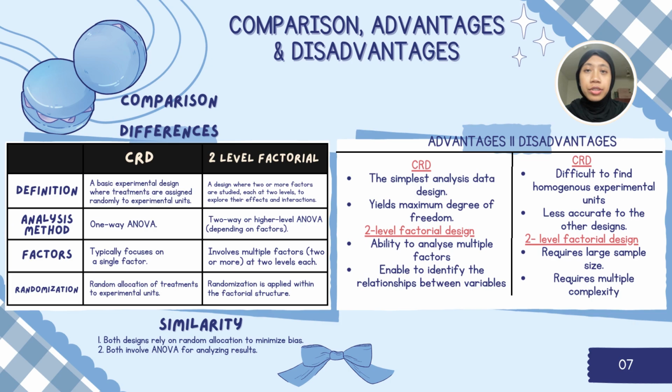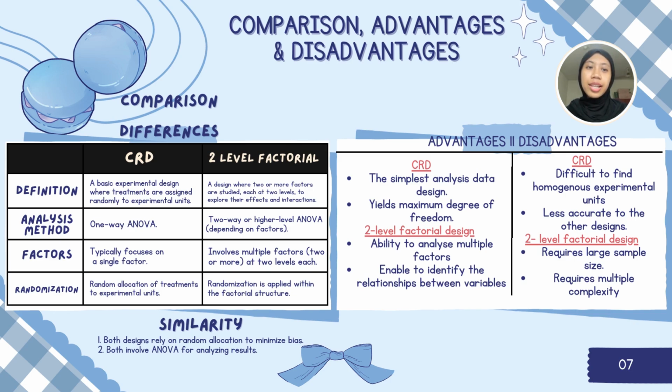Now, to start off with the advantages of CRD and two-level factorial design. For CRD, it is known as the simplest data analysis design. It also yields maximum degree of freedom. For two-level factorial designs, it has the ability to analyze multiple factors. In this case, we are able to analyze between the lowest and the highest value of the data. It also enables us to identify the relationship between the variables, which is between salinity and the light exposure of